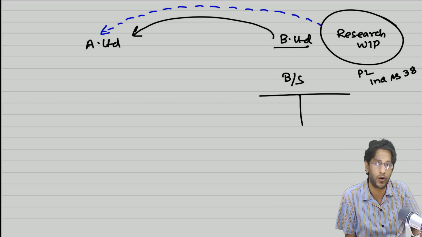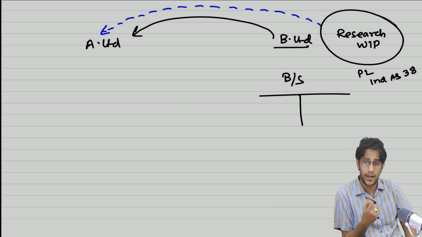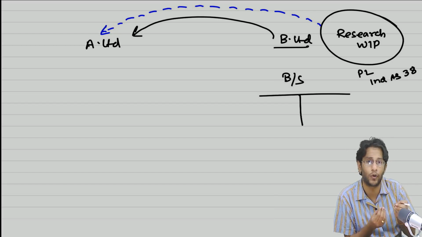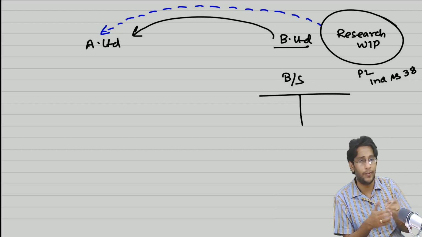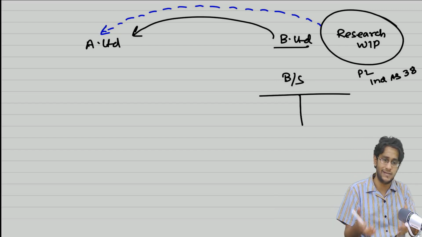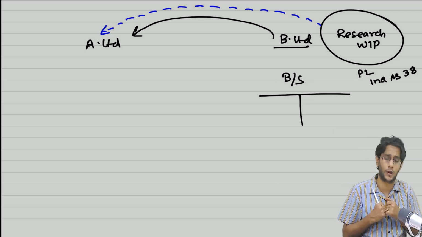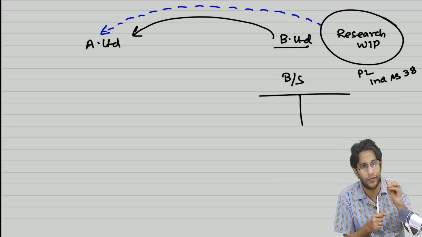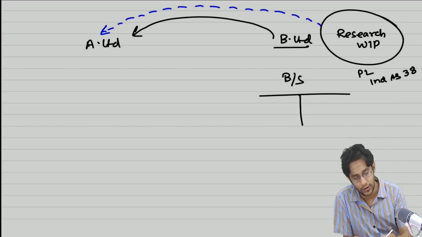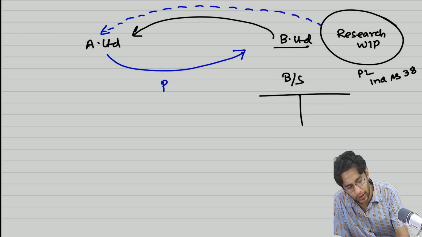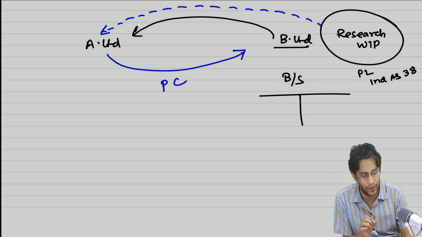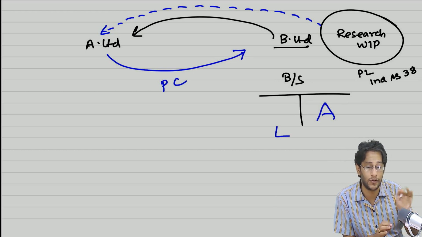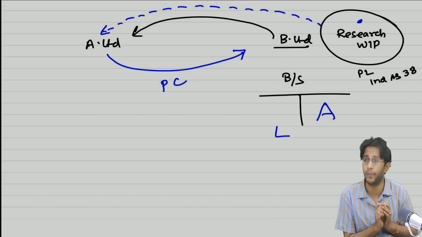But research work in progress, even though it's not appearing in their balance sheet as an asset, is not waste paper. It is all important information. They burnt a lot of crores doing that research. So when somebody is asking you for the results of your research and the existing status of your research WIP to be taken over, B Limited is not going to give it freely. B Limited will definitely ask for consideration for that. So when A Limited pays PC to B Limited, A Limited paid PC not only for the assets, liabilities and processes, but also paid money for this research WIP.